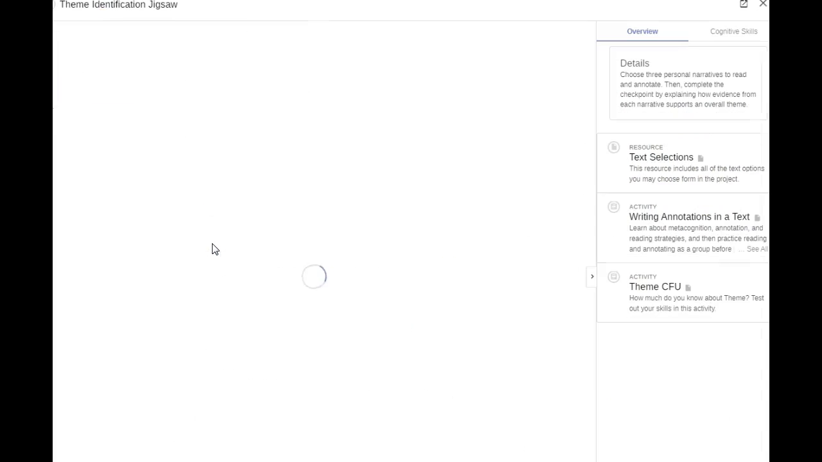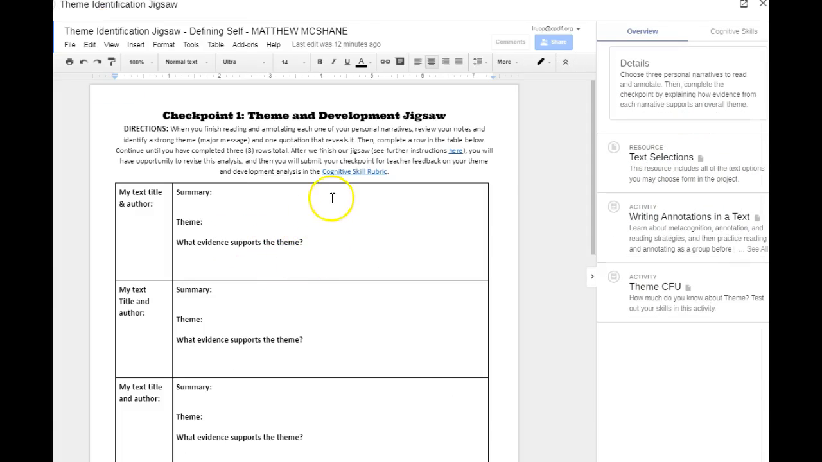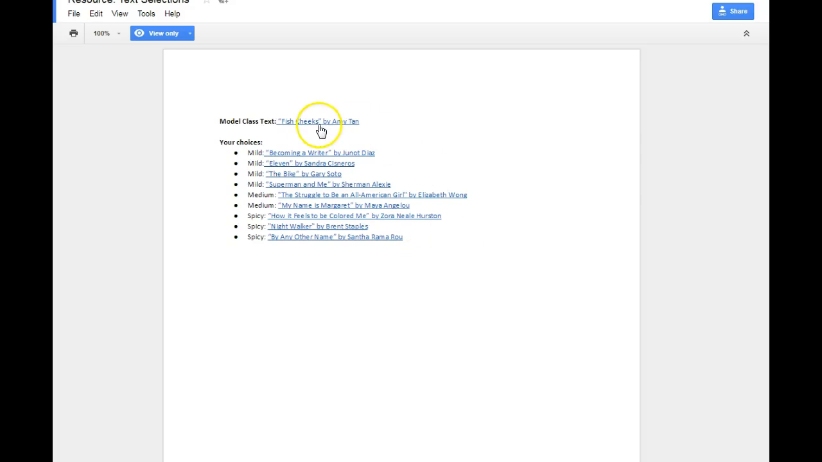I'm going to open up the very first checkpoint, the jigsaw puzzle. There's the document to fill out, but what are you going to put here? How do you know what to put? Well, we're going to go over here to these resources and open up the text selections. The very first one they have is Fish Cheeks by Amy Tan. Now, if you want to read these all, that's great. You'll notice that some of them are mild, they're a little easier, some are medium, and some are spicy. So you can choose one of your choices